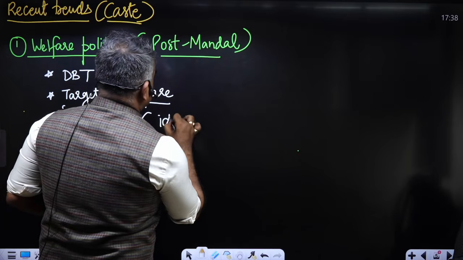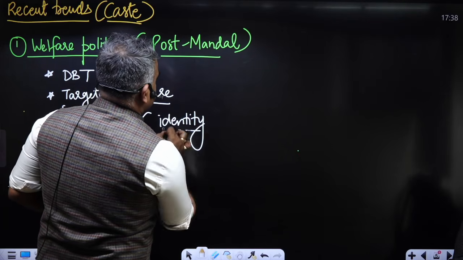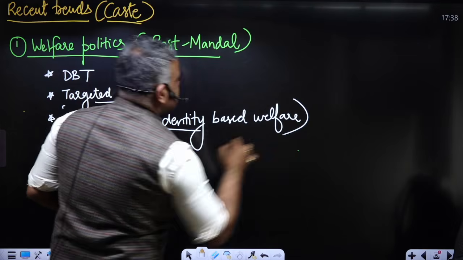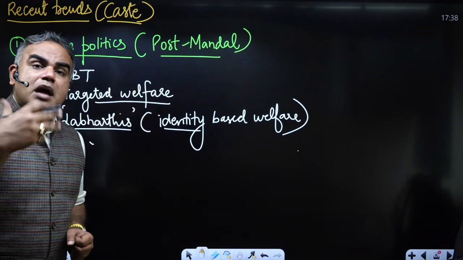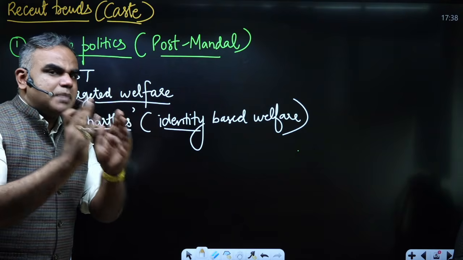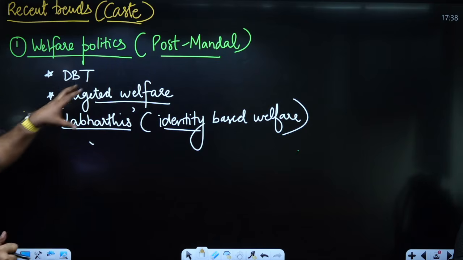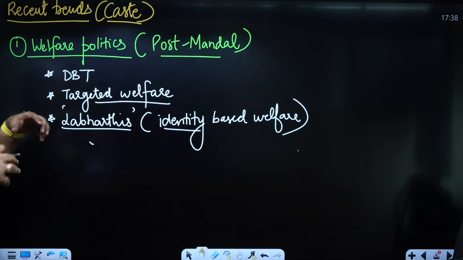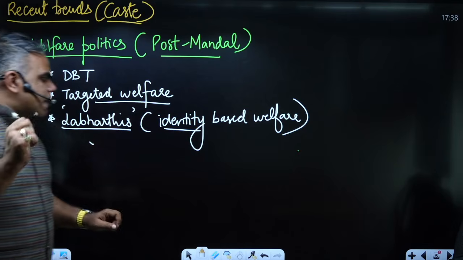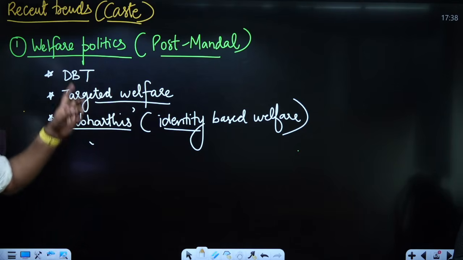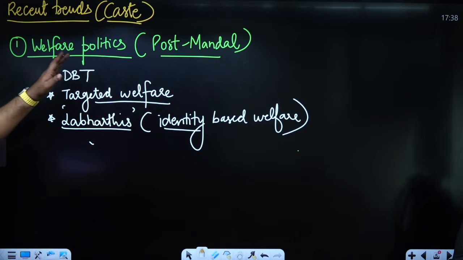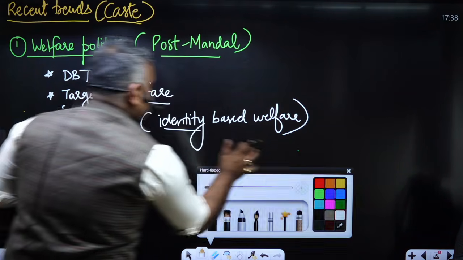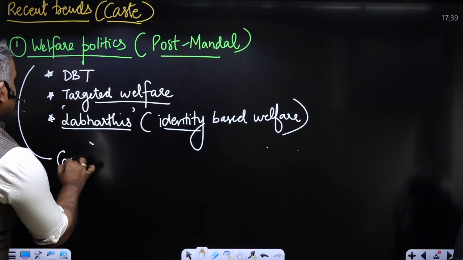right? So this is what is identity-based welfare. So even in the post-Mandal world, when I'm looking at the labharthis, who are the intended targeted beneficiaries, how are we targeting them? Let's say through DBT or through certain targeted welfare. Okay. So here the debate that often comes in is what is happening to the caste identity. Is the caste identity getting lost because of welfare, or is it getting reinforced? Okay. So here the main argument becomes that the caste identity,